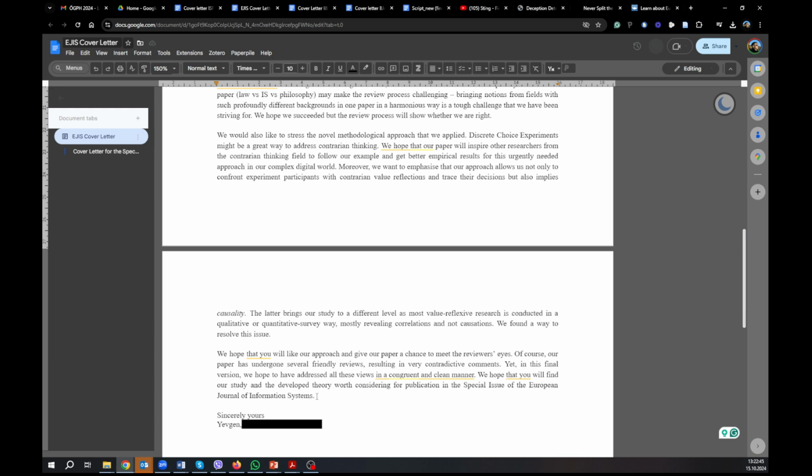Don't forget to mention the journal, because sometimes people may think that you wrote a universal cover letter and you just send it to any journal. That should not be the case. You always write the paper for the journal, and that is why you have to mention this journal. It should be mentioned not only once, but several times. You should clearly show that the paper is for this journal, for the discussion on the pages of this journal. And in this event, I don't see a reason why an editor would say, I want to reject your paper and send it back.